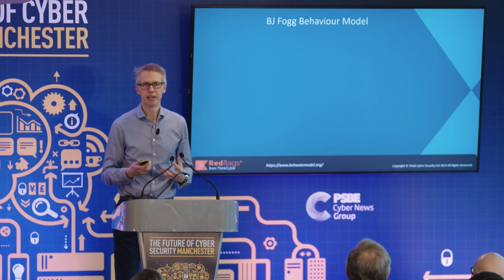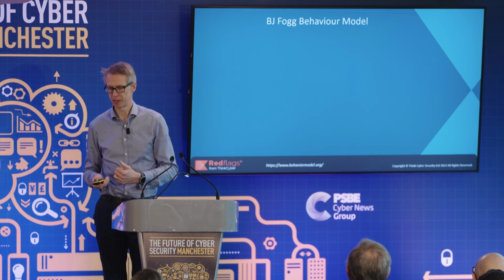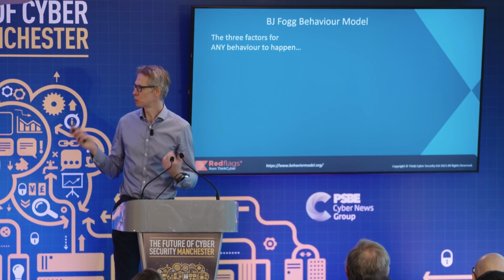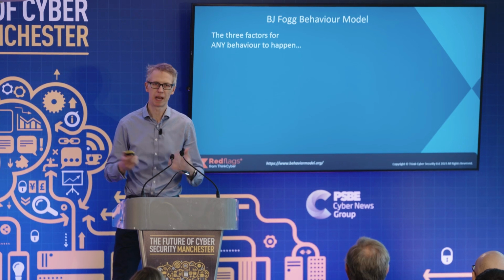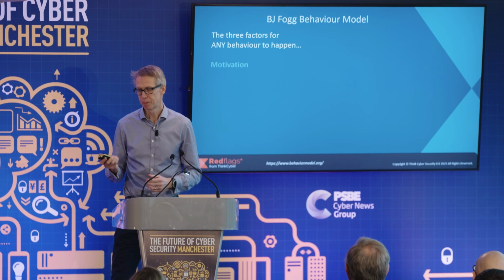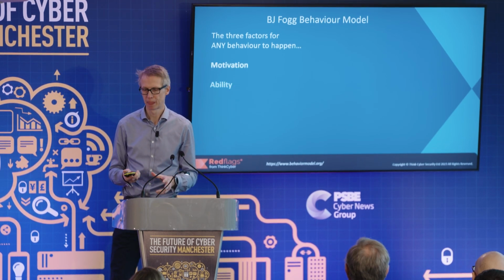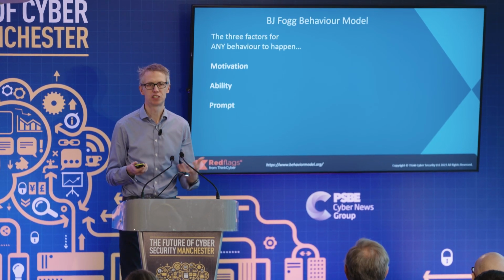So if we're going to do this, I talked about timeliness earlier. When are we going to do it and how are we doing it? And again, I'll come to another behavioural model by B.J. Fogg. He does some great books. Tiny Habits is a particularly good book by him on this behaviour models and about how you encourage yourself to do behaviours. And first he says that there's an element of motivation to any behaviour. Then there's an element of ability. Can I do it? And finally, some sort of prompt.